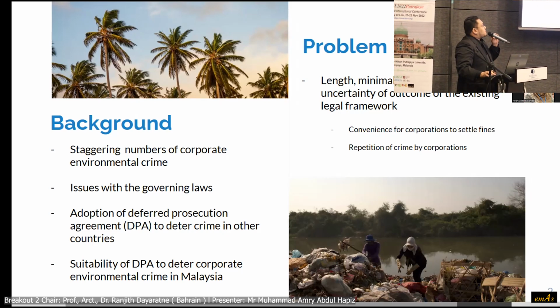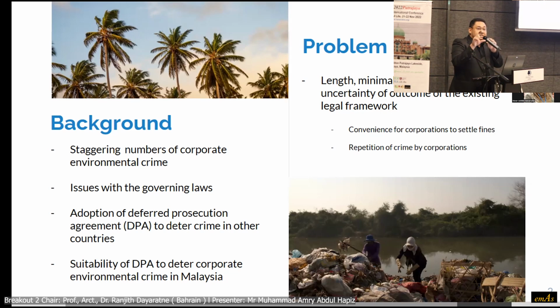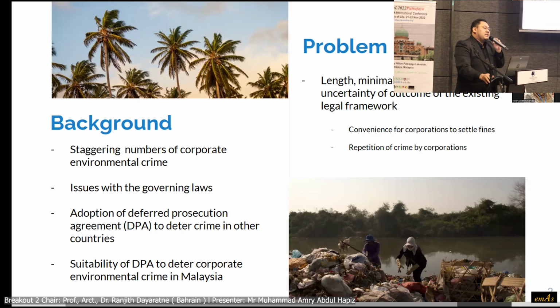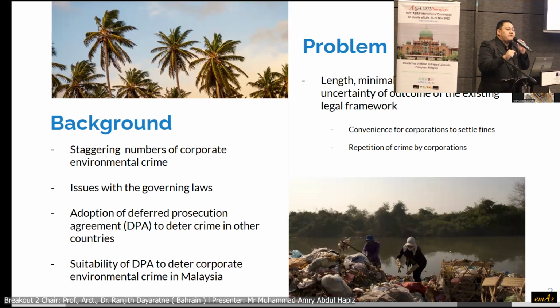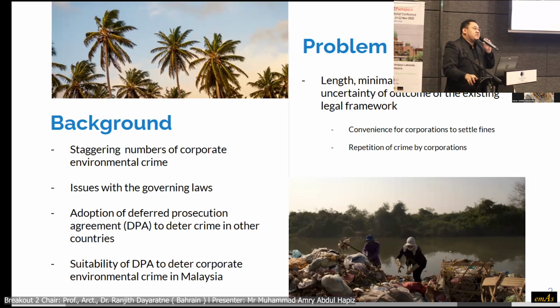So the problems of this study are three. Number one, the existing legal framework concerning environmental protection is lengthy. Your court trials are lengthy. Number two, the punishment imposed by existing acts and laws is minimal. And sometimes the outcome of the prosecution of the court cases is uncertain and can be discriminative towards the victims